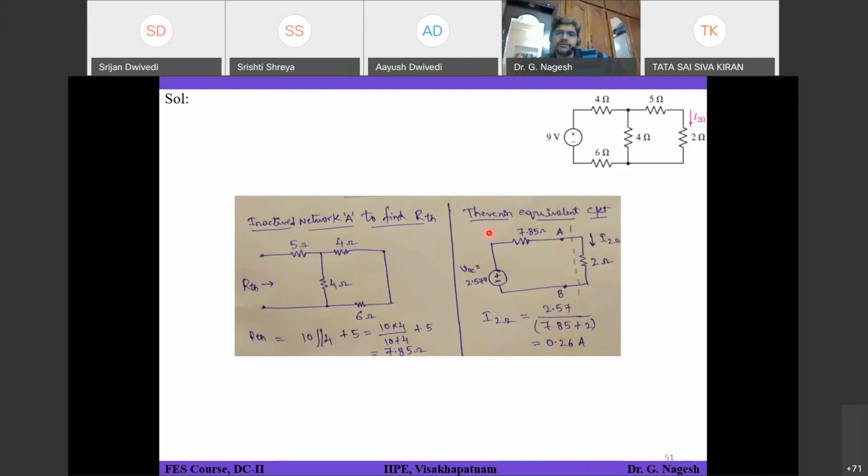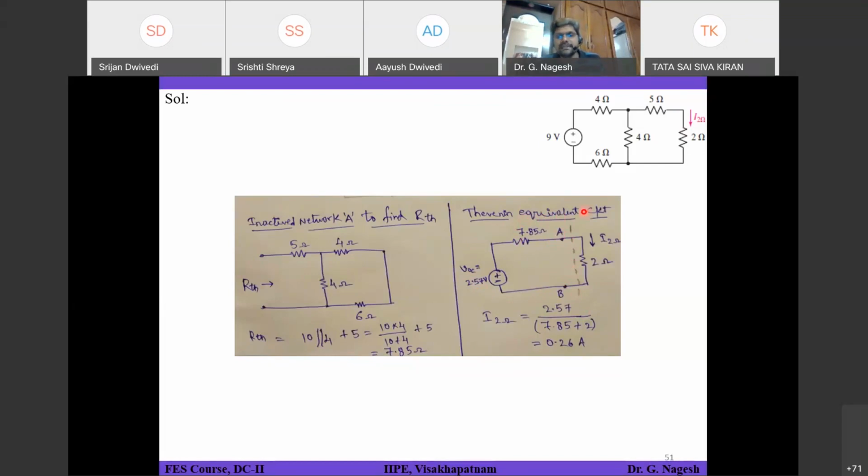The left of this dotted line is called the Thevenin equivalent circuit. So if I ask you only to find the Thevenin equivalent circuit as seen by the 2 ohms resistor, you can stop at this point. That means after finding VTH and RTH, draw this circuit and leave it, that's all. Up to this left hand side of the dotted line is the Thevenin equivalent circuit. So you have found the Thevenin equivalent circuit, which was asked in the first part of the question.